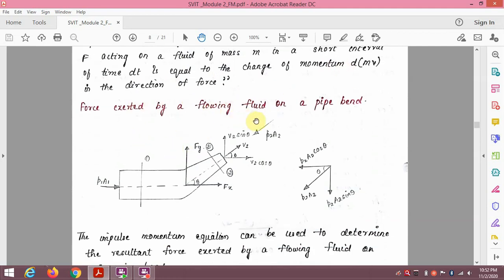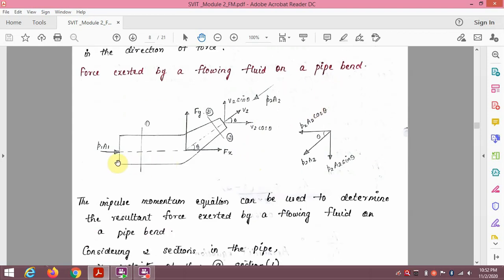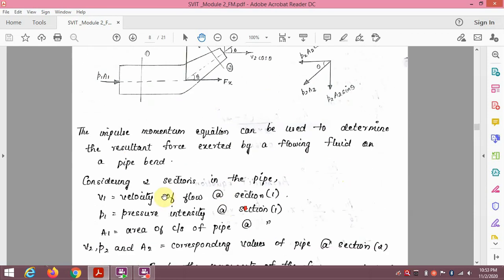Force exerted by the fluid on a pipe bend is equal to P1 into A1. Here we can resolve it into horizontal and vertical components: V2 into cos theta, V2 into sin theta. So P2 into A2 into cos theta, P2 into A2 into sin theta. Therefore, the impulse momentum equation can be used to determine the resultant force exerted by the flowing fluid on